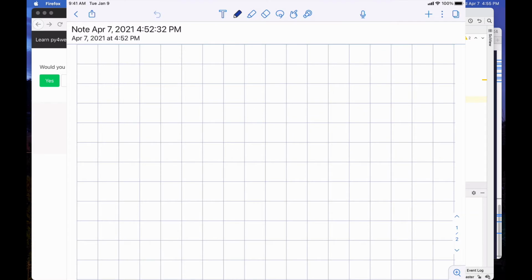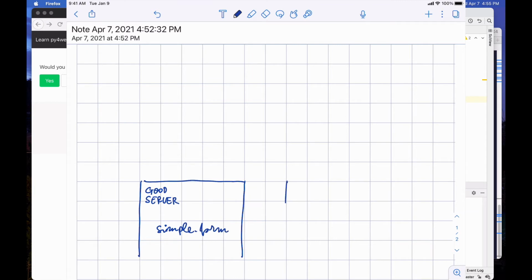So this is the situation. We have essentially a good server that serves our Simple Form app.